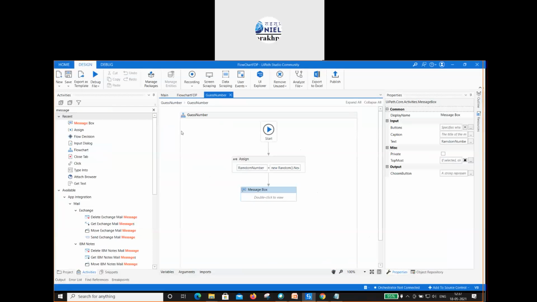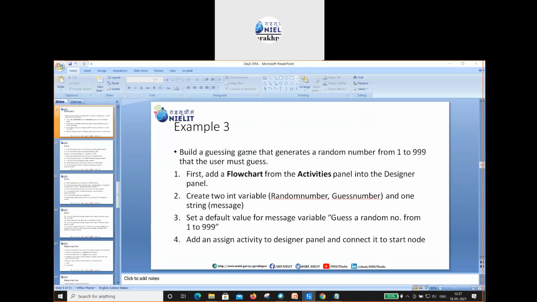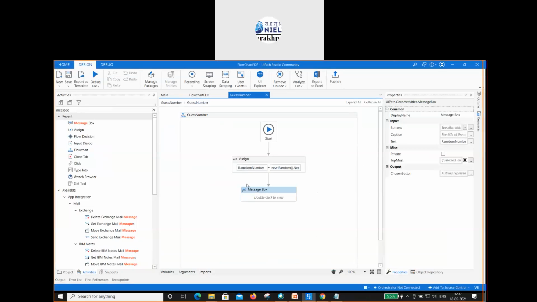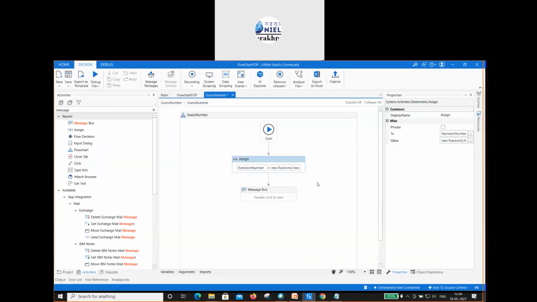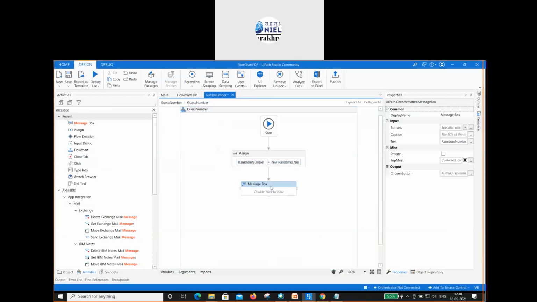Each time it will generate random numbers between 1 to 999. That was 584. Now we will change here 1 to 9. Change the message box, that is